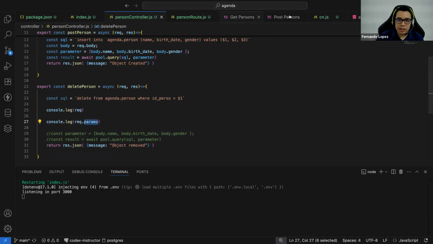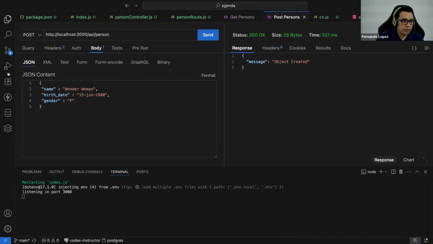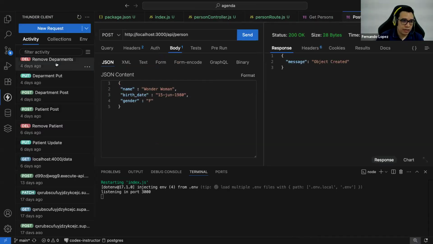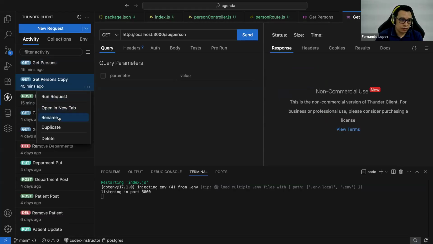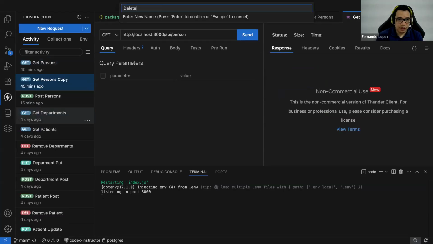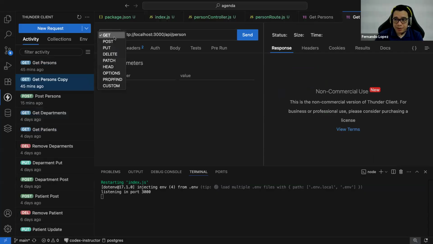So let's try to hit the new method. Let me show it. Get person. Let's duplicate this. Now we're going to rename this delete person. And as I told you, the parameter of the ID element that we're going to remove is mandatory. So we need to pass this parameter here as part of the route too.